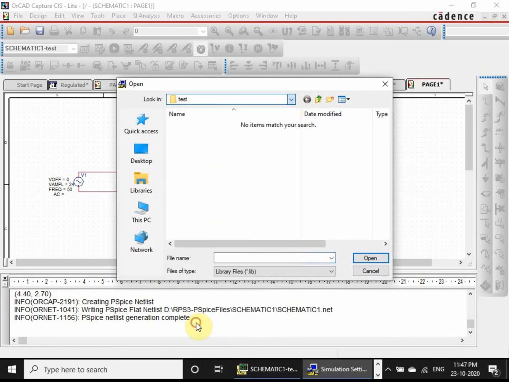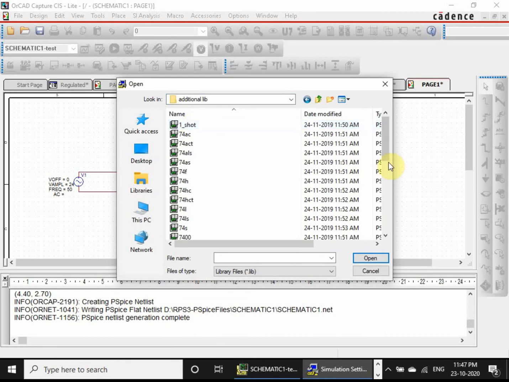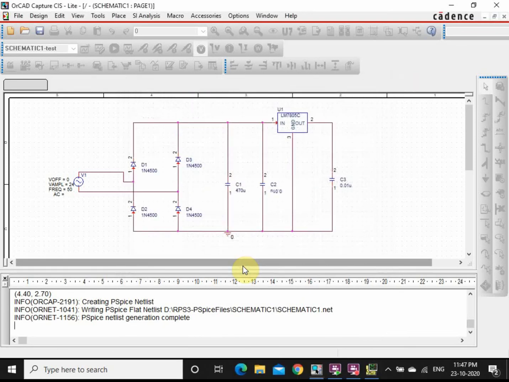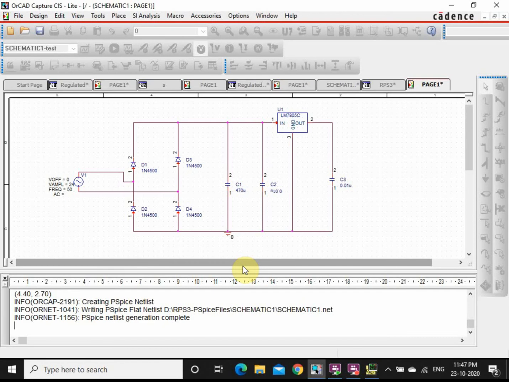Go to your PSpice, your additional library. In the additional library, you have the thyristor also, we will add it. Now open. As for what is not required, then add to design. Now we have added the 3 libraries there, then OK. Once it is added, you are going to have it in your library there.